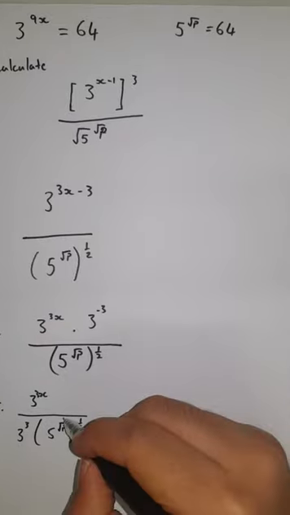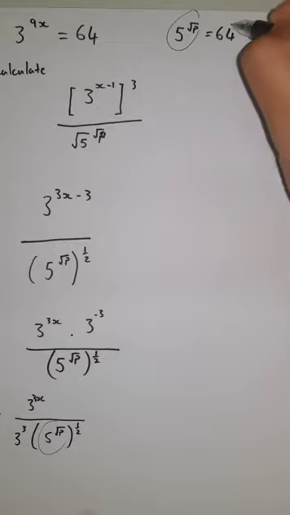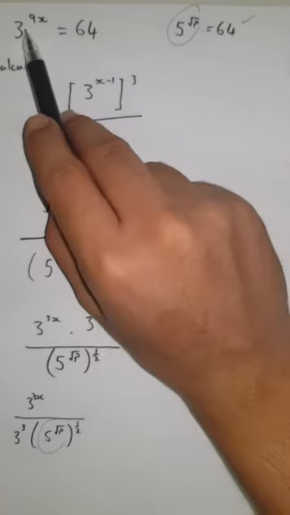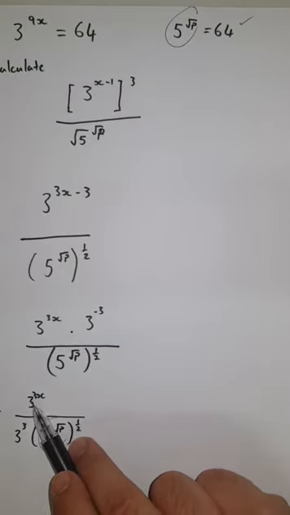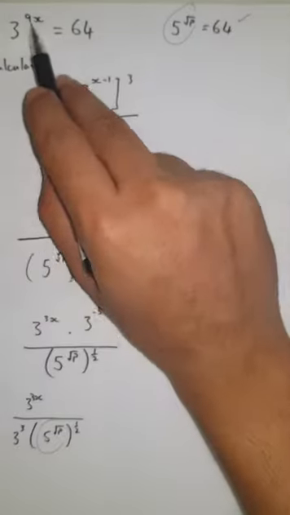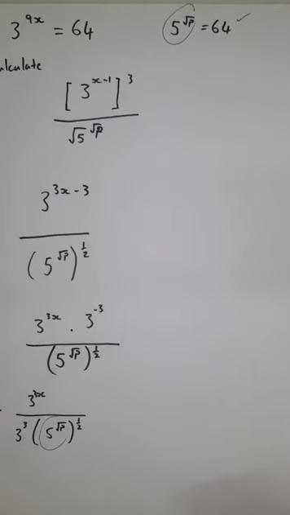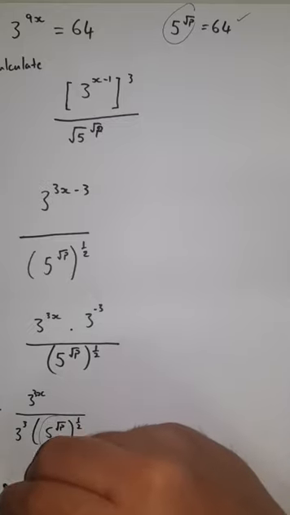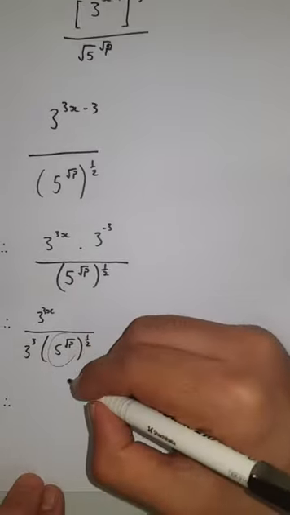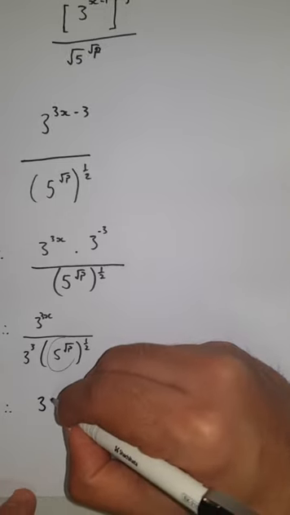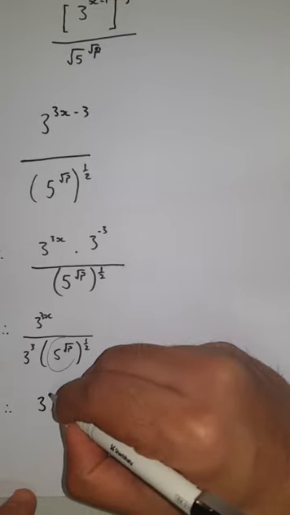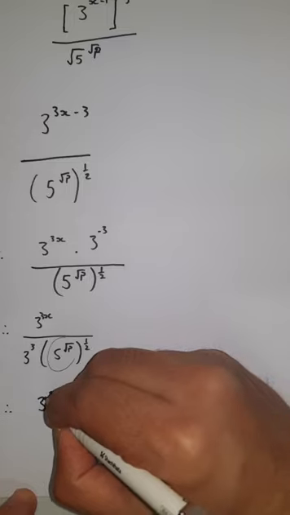Now you can see that I have this as that, which is correct, but I want to change this 3 to the power 3x to 3 to the power 9x. How can I do that? If I change that to the 9x,